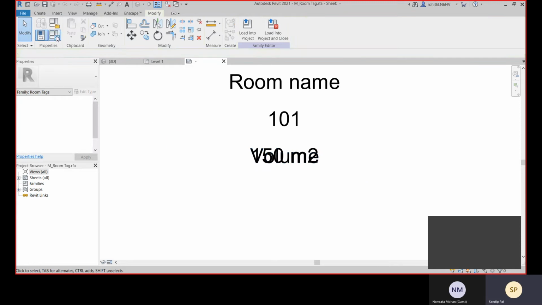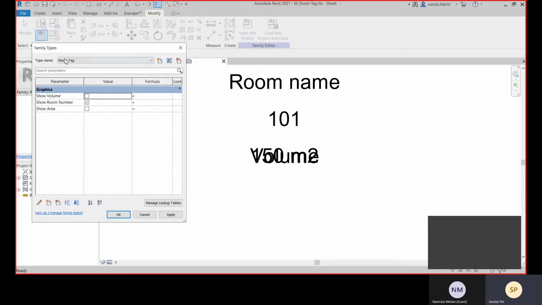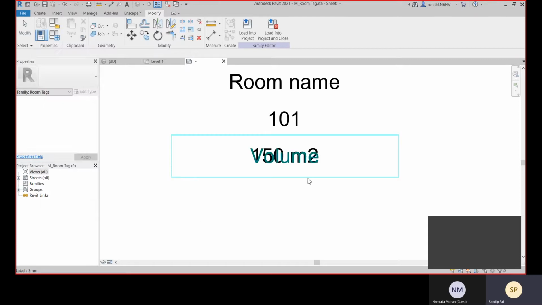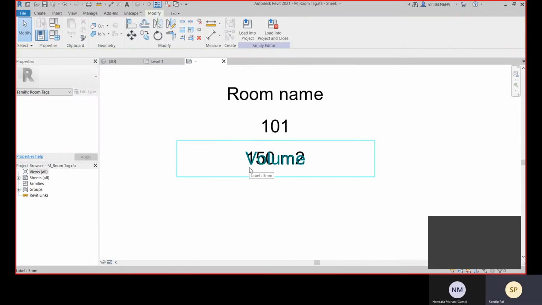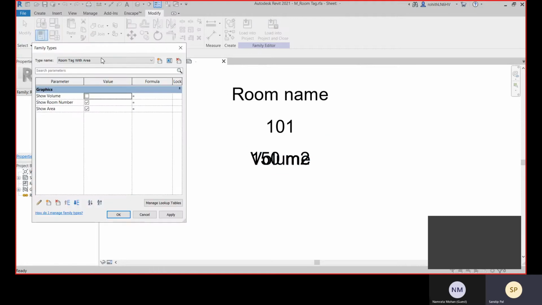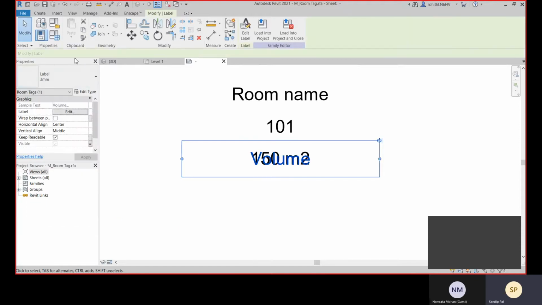Within this room tag, the type name is there, room tag, and if you go with this room tag with area and apply, you can see this is also available. If you go to this type, there you see room tag with volume.